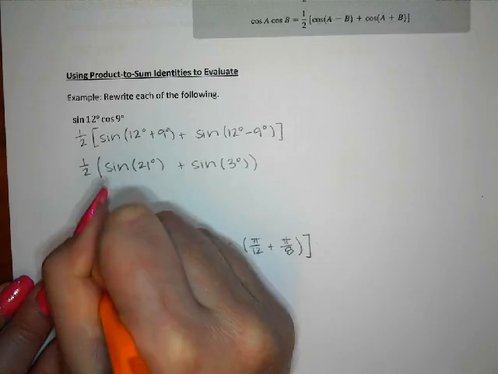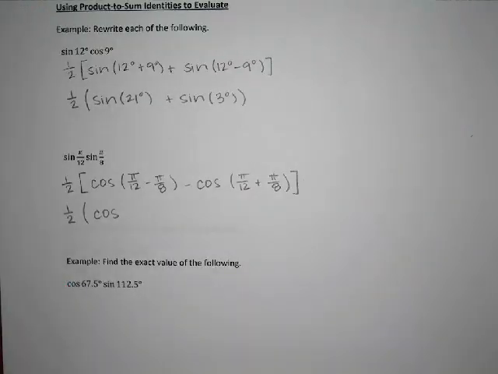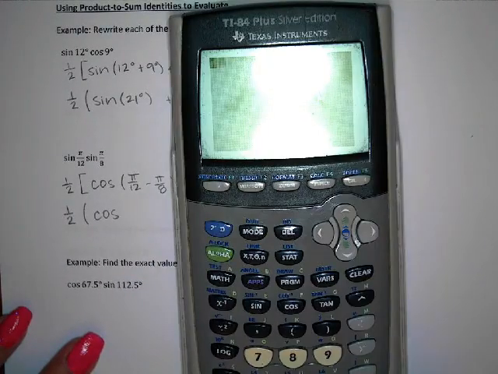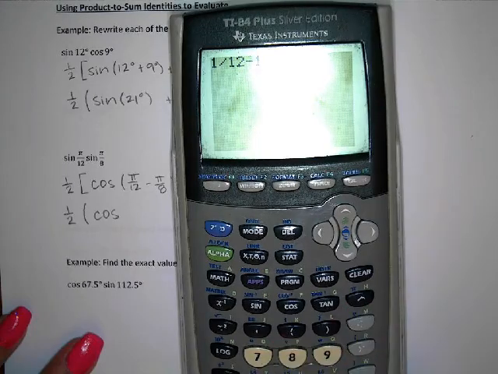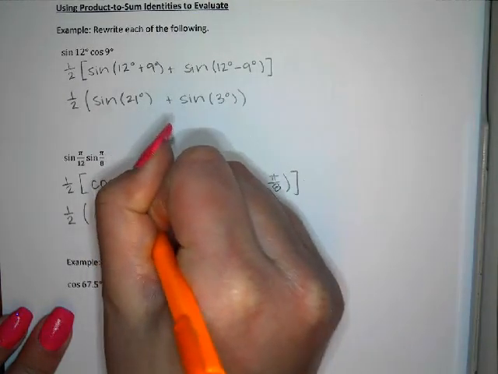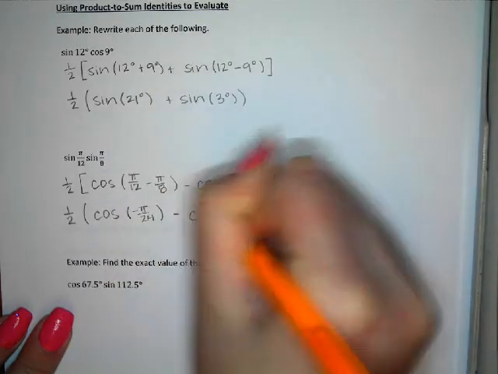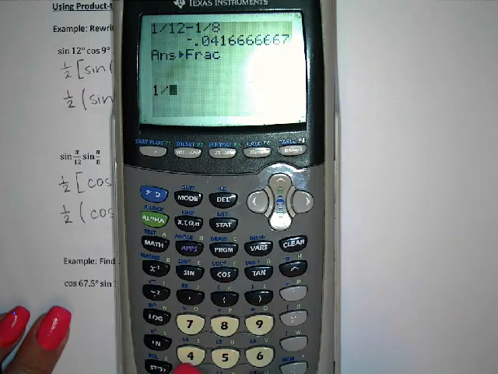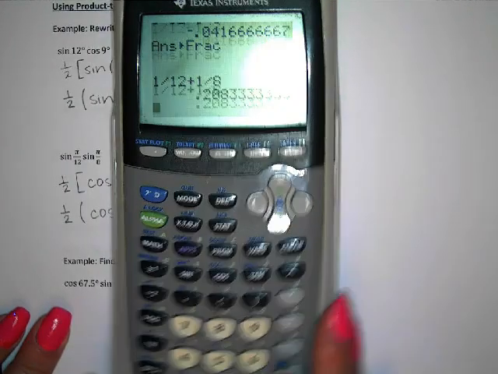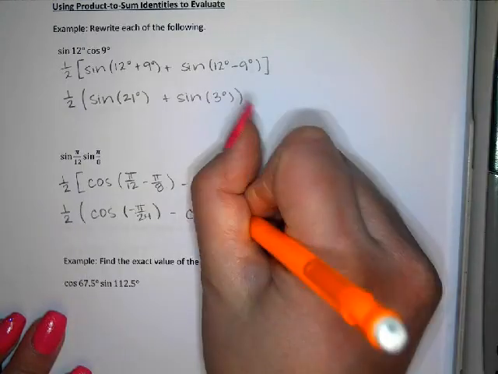This requires a little bit more fraction fluency than I have off the top of my head, so I'm going to go ahead and use a calculator. So 1/12 minus 1/8 is negative 1/24, so negative pi 24ths, 1/12 plus 1/8, 5/24ths,